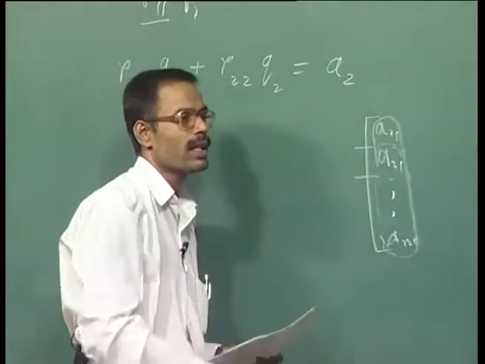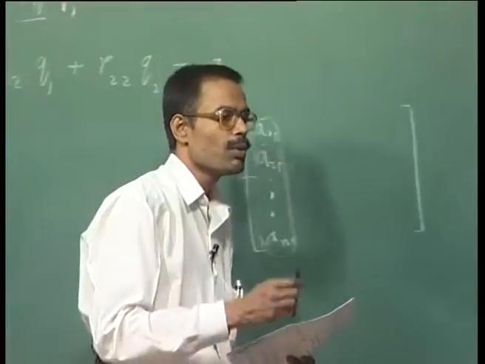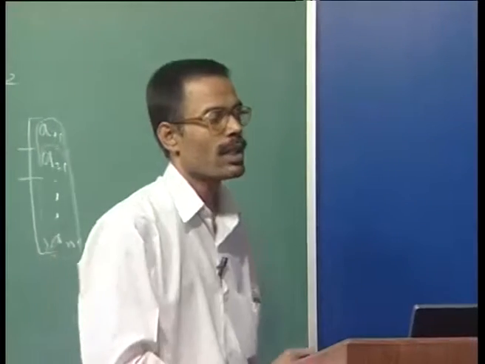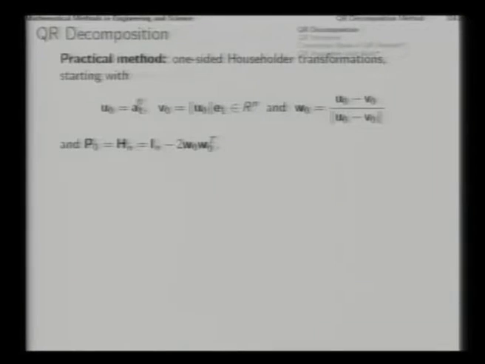That is why here I am saying not U1, but U0. So, U0 is the entire first column, V0 is a vector of the same dimension, with only the first entry being non-zero and having a magnitude same as the norm of U0. And based on that, we work out W0 and then Hn and therefore P0 in this manner.